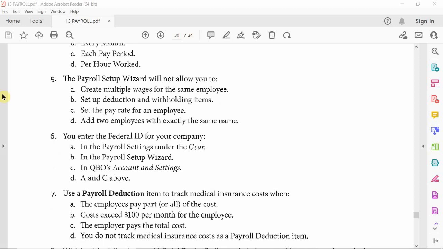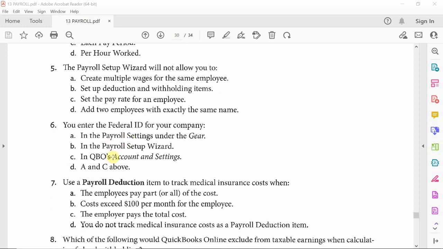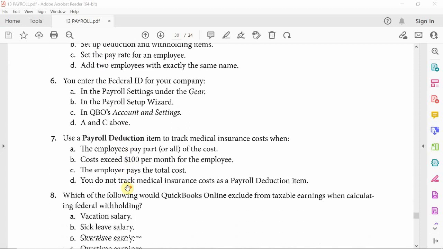So, yes, you'll have two places to put it, but if you don't have the payroll set up, which is going to be in your gear icon, like I mentioned, on the far right side, the fifth option down, then letter C is your answer there. Okay? Number 7, use a payroll deduction item to track medical insurance cost when